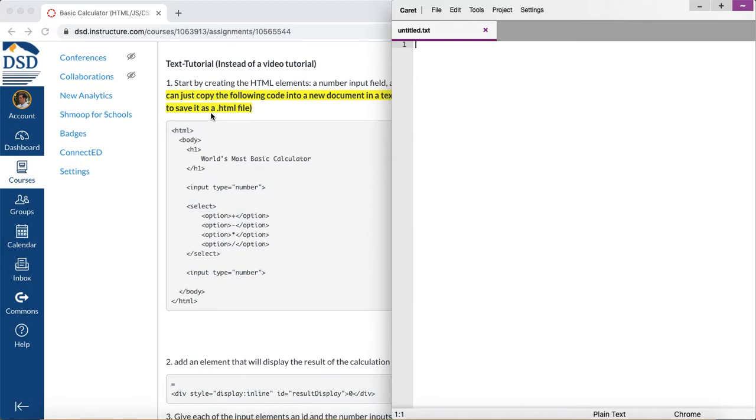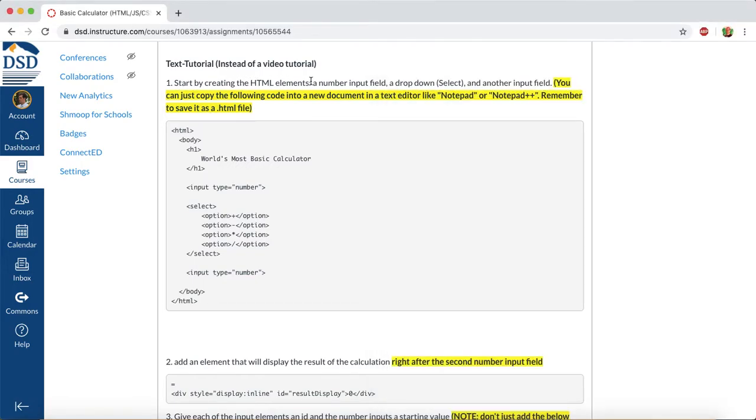Alright, so the first step says start by creating the HTML elements. And it's assumed that we're going to save this as an HTML file. Actually, that's what it says right here. You can just copy the following code into a new document in a text editor like Notepad or Notepad++, and then save it as an HTML file. So let's do that. We copy this,